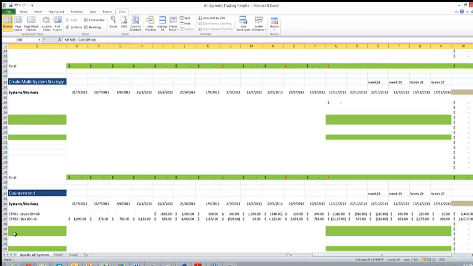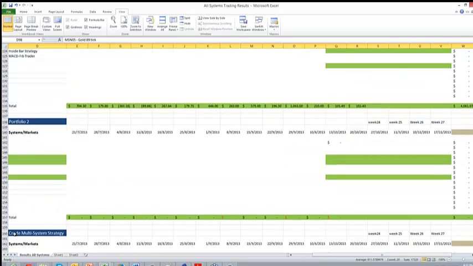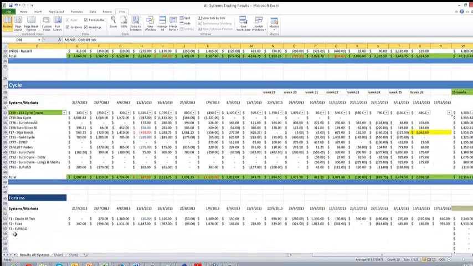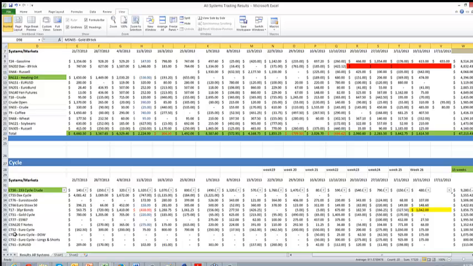So guys, that's probably going to wrap it up at the moment. I'll be uploading this spreadsheet tomorrow. We'll be putting out some newer settings as well for some of these strategies, and I'll be reviewing some of the momentum systems, because gold is one that we haven't really looked at.